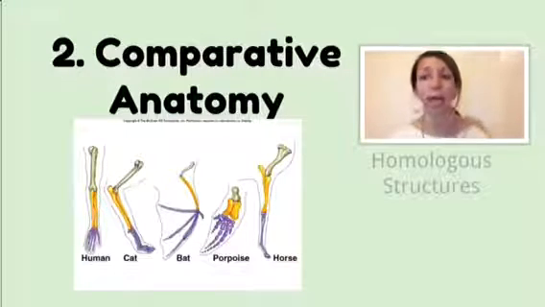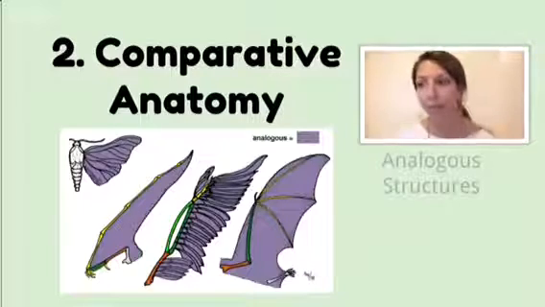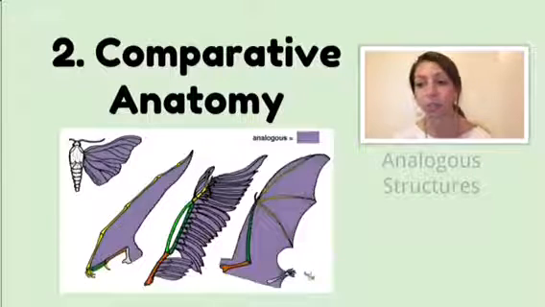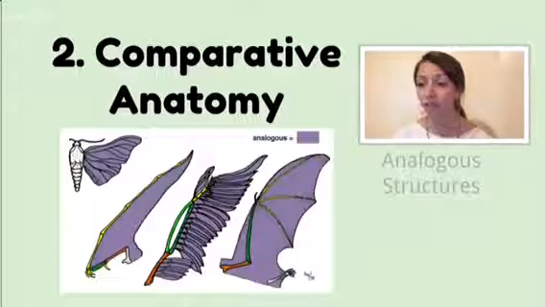We also have what we call analogous structures. Now, analogous is different from homologous. Remember, homo means same. Analogous is similar as well, however, they are different structures specialized for similar functions. Here we have analogous structures, totally different bone setup, totally different materials for wings, but all of these particular structures